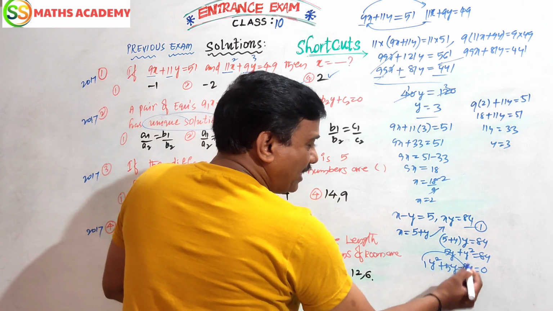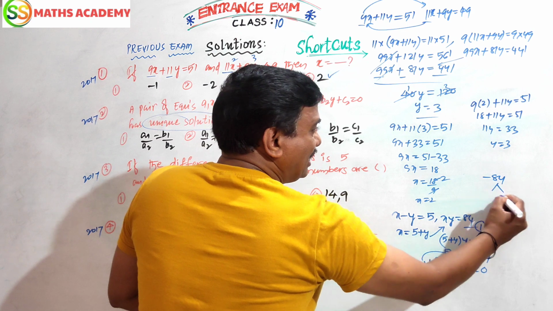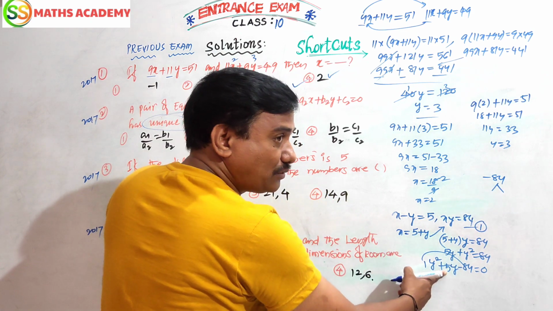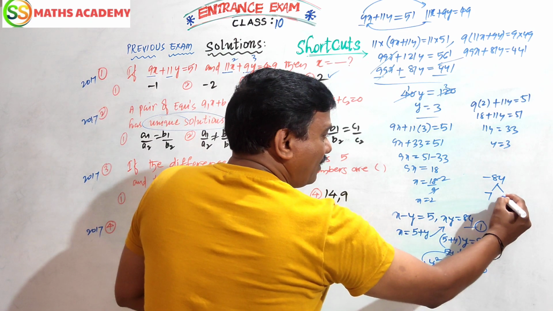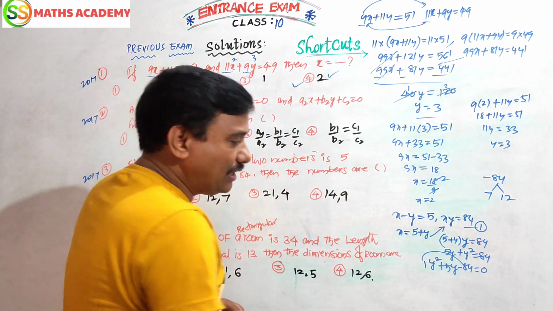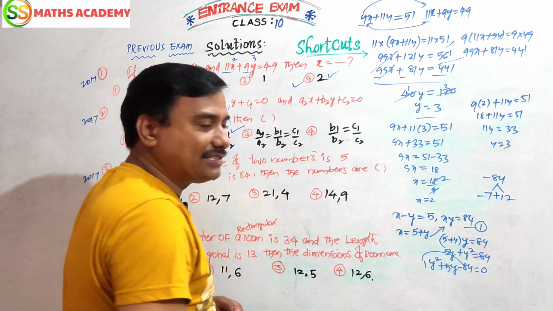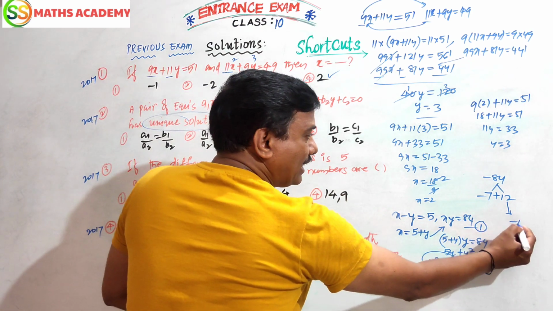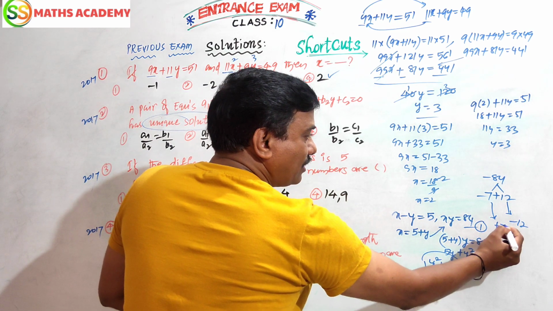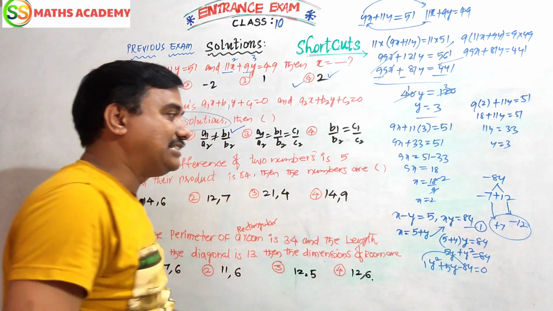Here 1 into minus 84, factors which sum equals plus 5, that means 12 and 7, 12 sevens are 84. Which sign? Plus sign. Bigger number having plus sign, smaller is minus. Plus 12 comes outside minus 12, minus 7 comes outside plus 7. This is your answer: plus 7, minus 12.